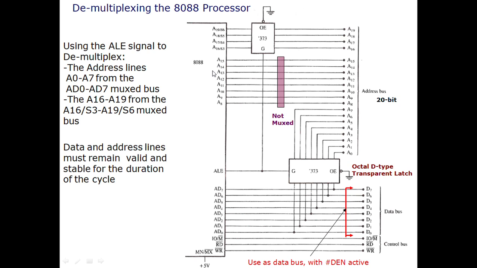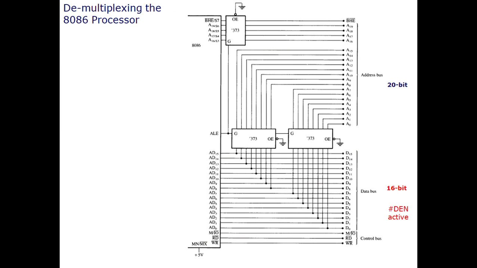In this figure we can see that the 4 status and address signal pins are demultiplexed, and the 8 address-data pins are demultiplexed. The address is separated whenever the address is intended to be sent through these multiplexed pins. While here we can see that this is the 8086 microprocessor, so the difference between the two is that here the